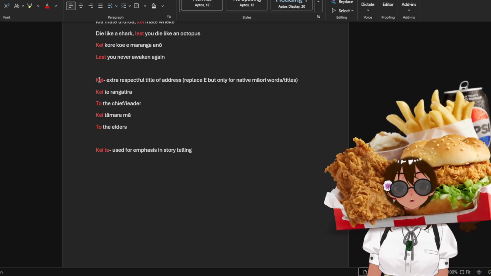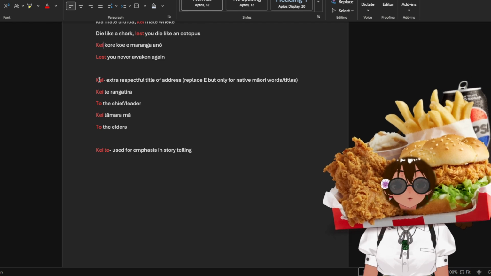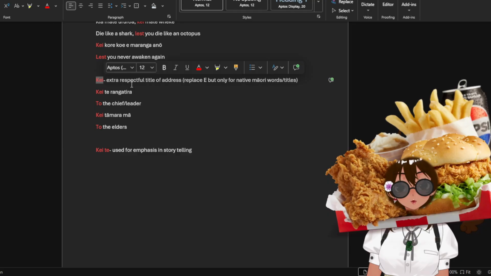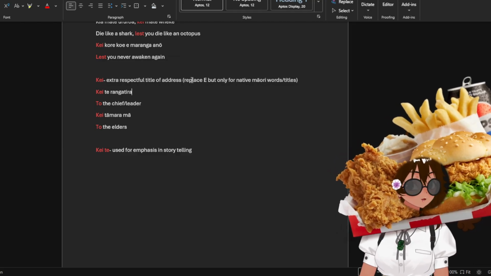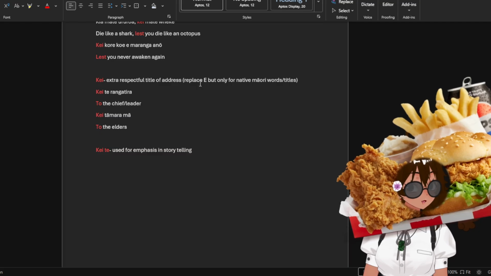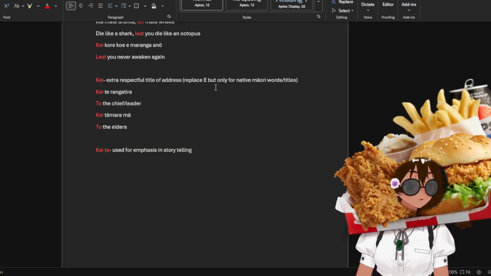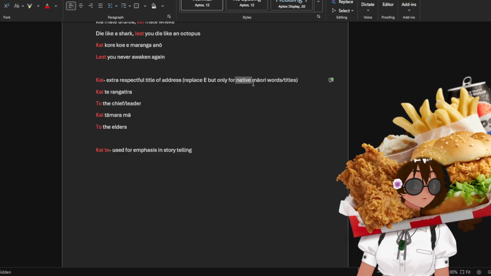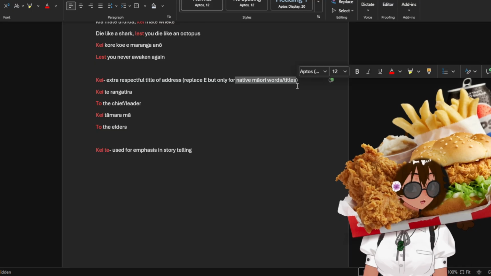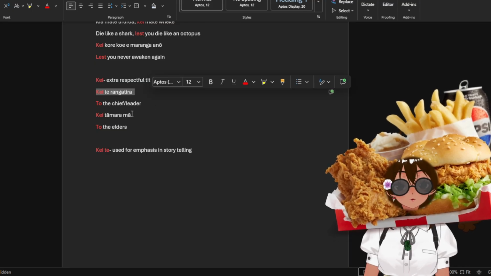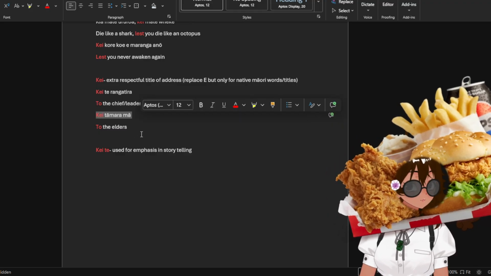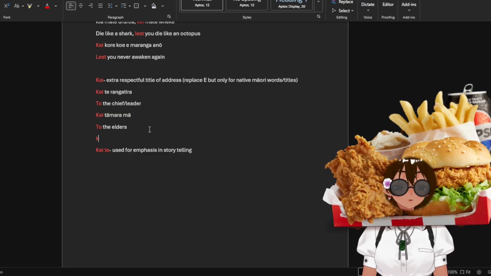Then next here, we have another usage that I have heard before, I was just never aware of, which is using kei as a term of address. Basically, when you say e kara, e tama, e rangatira, you can replace the e with kei, but only for native Māori words and titles. So, kei te rangatira, to the chief or leader, kei tā marama, to the elders,